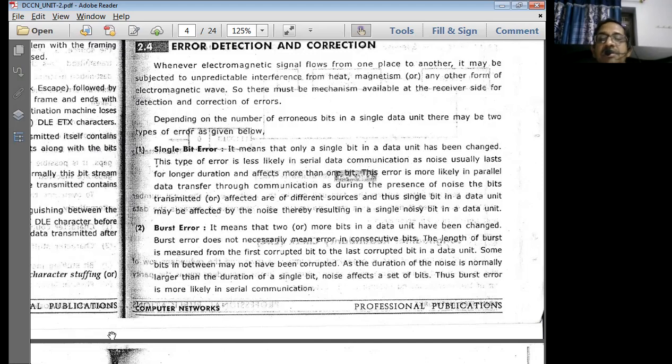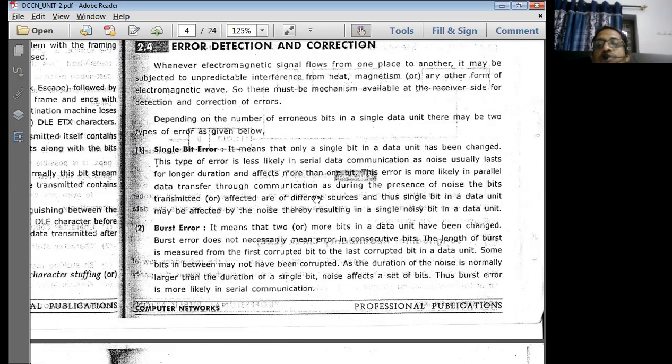What is a single bit error? If any one bit in the transmitted bits is erroneous or becomes erroneous, it comes under the single bit error. That means only one bit among the number of bits in the transmitted data unit is corrupted. If that is the case, it comes under the single bit error.